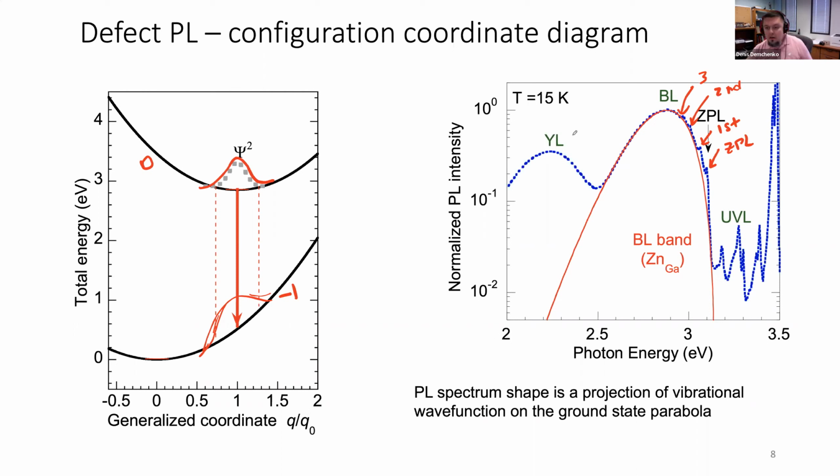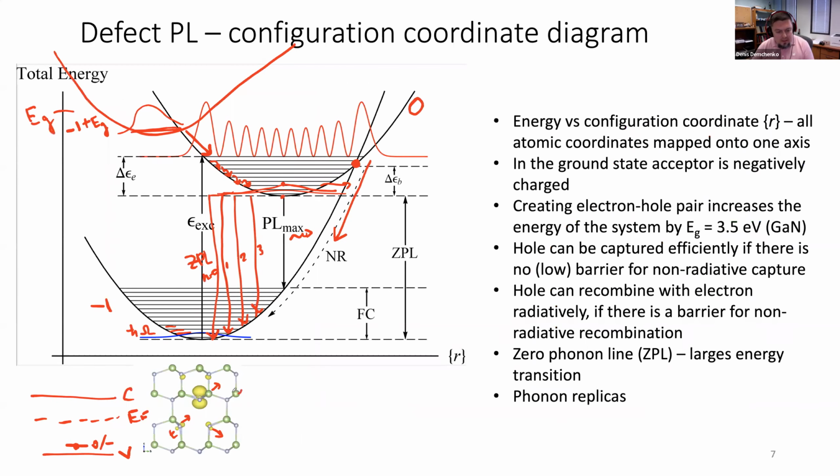In some cases, PL bands are so wide, like for this one on the left, where you just have a smooth spectrum and you don't really see the zero phonon line, it all gets washed out. This usually happens when the separation between these two parabolas, by the way, I did not draw your attention to what's along the x-axis. Along the y-axis, it's energy, but along x, it's what's called the configuration coordinate. It's basically a mapping of all of the coordinates of all of these atoms onto a one-dimensional configuration coordinate. And there is a neat way to map that onto a one-dimensional problem, which I'll briefly mention